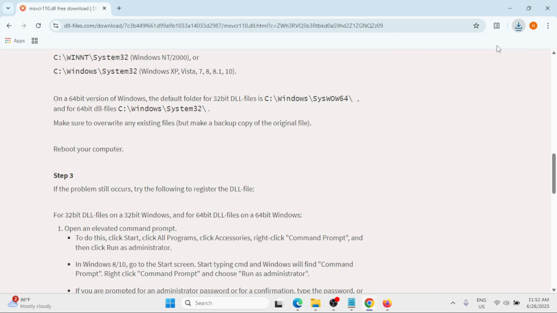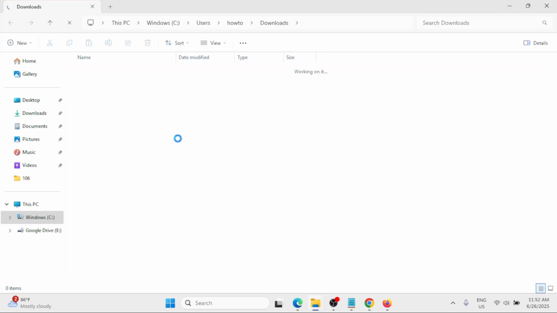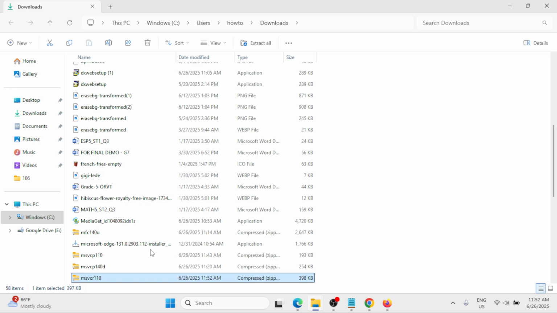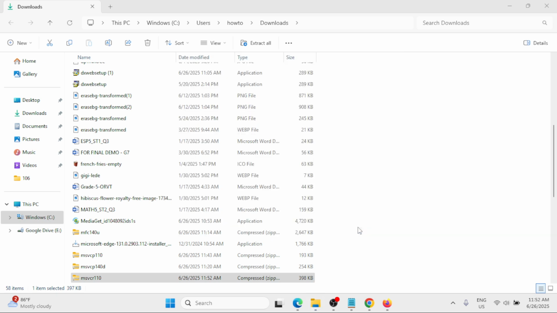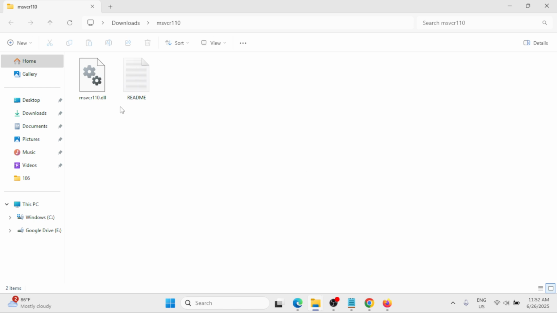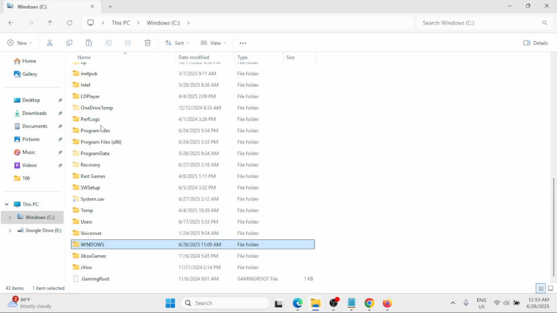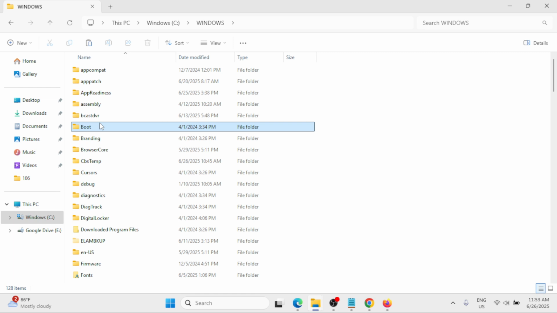Once downloaded, click on the folder icon. And then right click on the folder, select extract all, click on extract, and then copy the DLL file, right click, select copy, and then navigate to This PC on the left pane, double click on the Windows C drive, scroll down to the Windows folder, double click, scroll down to the S